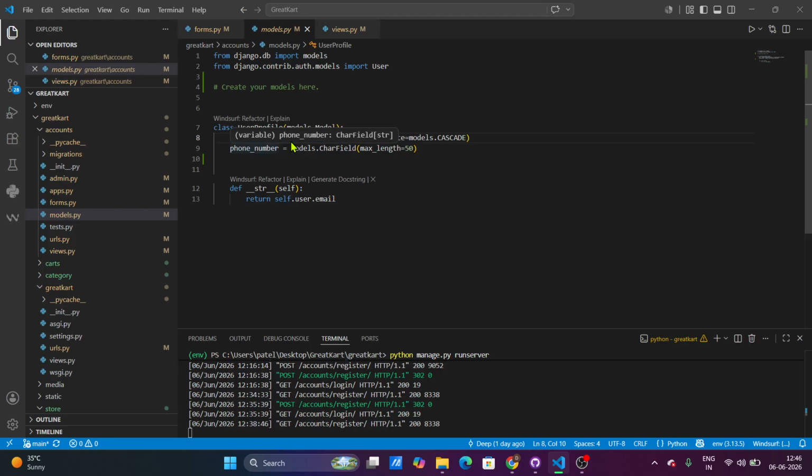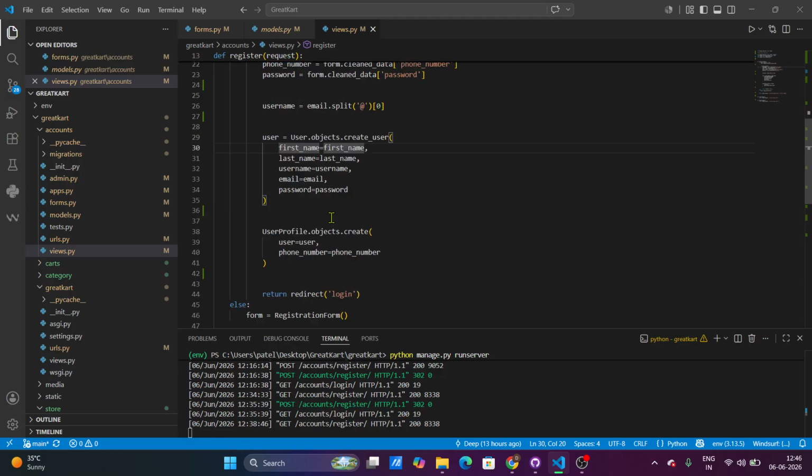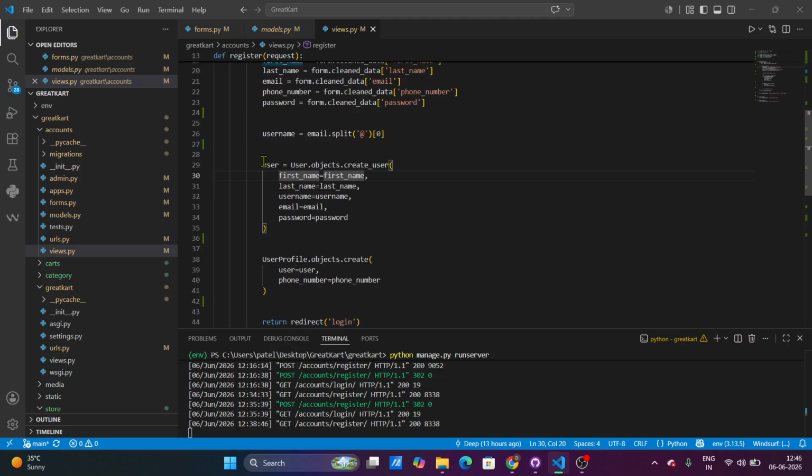So it will create a unique user in this user profile, which has only one user available from the user model. Okay, so basically this phone number we are passing here, and this user will be used here as the user inside this user profile. This is a one-to-one field. Okay,